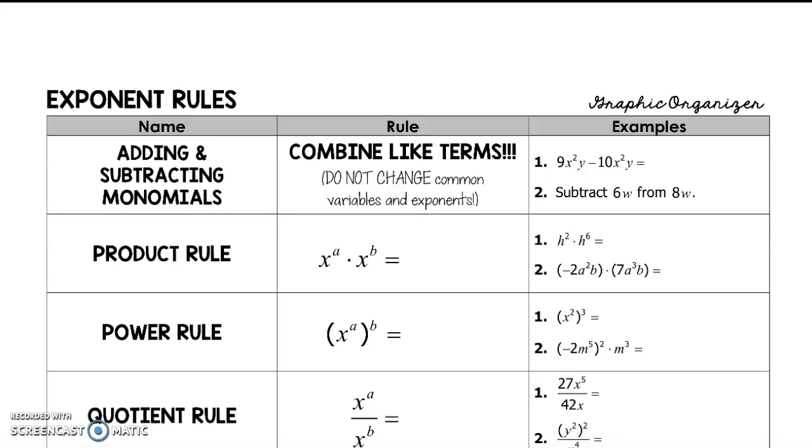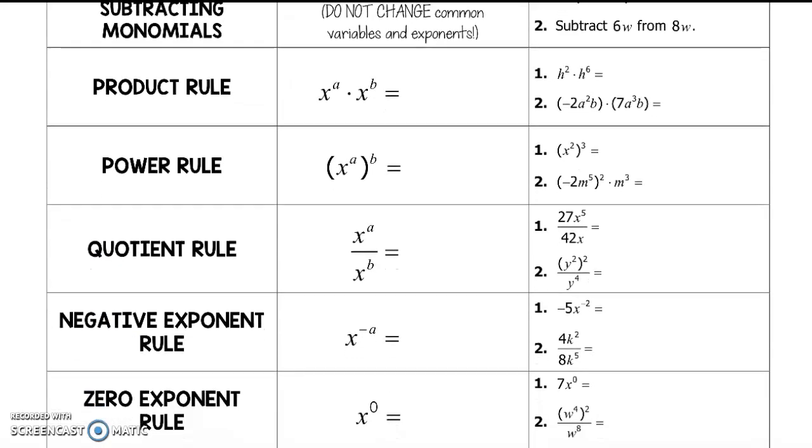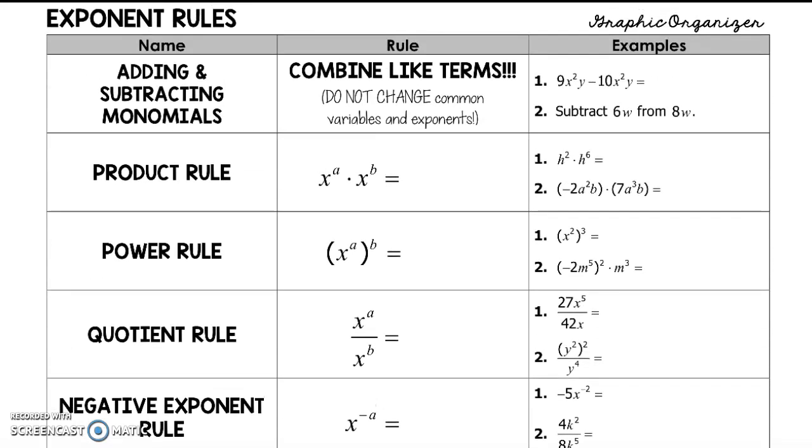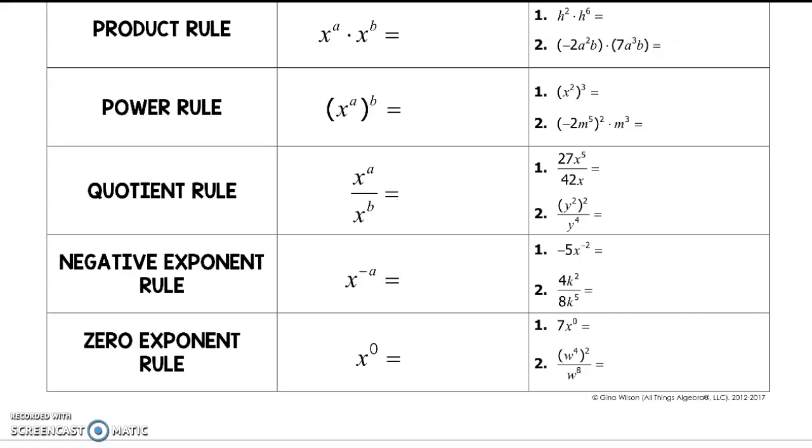Pages 6-9 in your notes are not anything new. It's just a way to organize all of the properties, the rules that we've looked at so far, and then have some examples of each. So if you can see, we have all of our different examples, all of our different rules through here with some examples. So it might be helpful to try these on your own and then come back and check. This is just a really good way to use these examples and these notes when you are starting to study